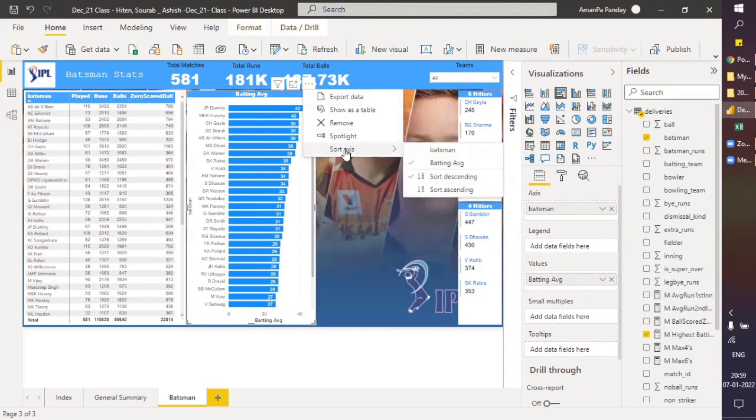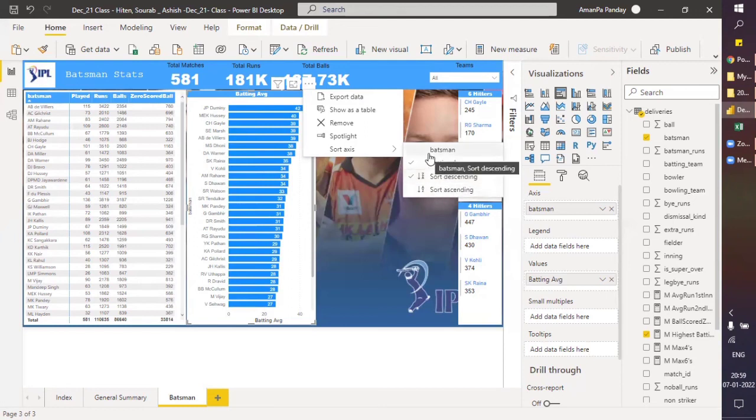For sorting, the last option is sort axis. There are 2 parts. The first shows the columns which you have dragged in this visual. You can select any one of them, and the next part is ascending and descending. Currently I'm doing it on batting average, and then you can select sort descending.